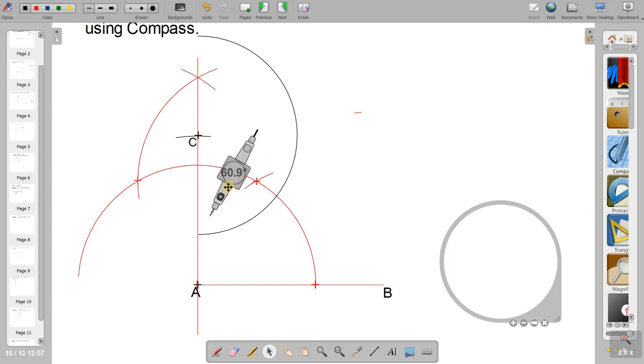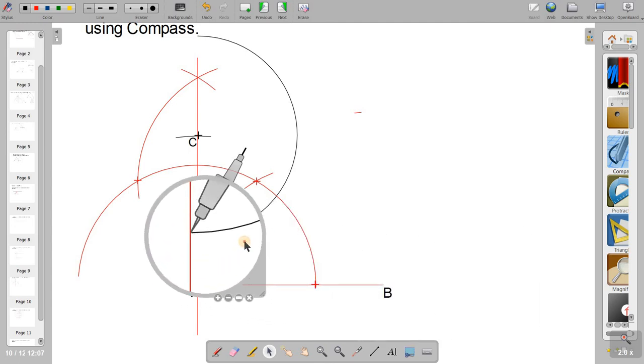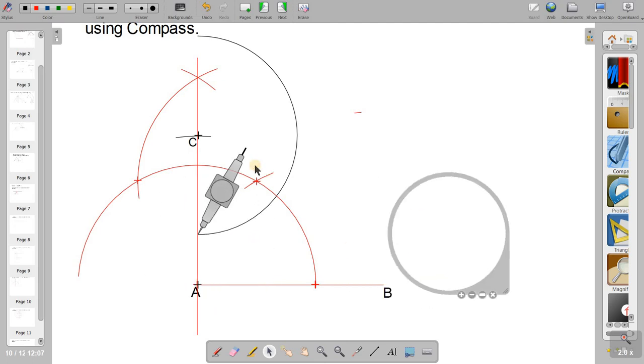With that same distance set in the compass, I will have to make an arc here from this point where the new semicircle and the perpendicular line meet. Here I will keep it, and I will have to rotate it and make a smaller arc here. So that smaller arc is made now. I will have to take this again to the same position here. Okay, I will have to make a bigger arc here. I made a bigger arc here.